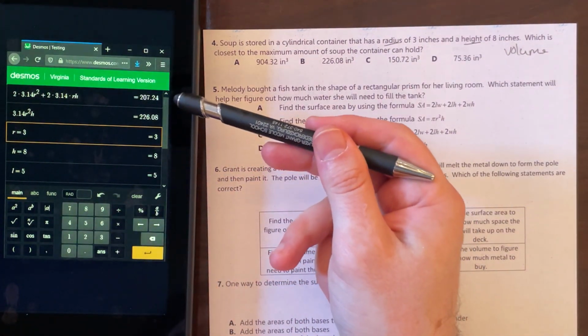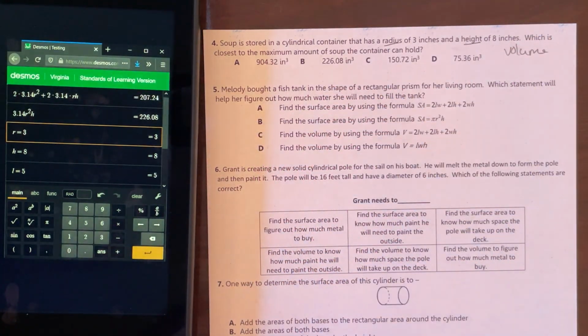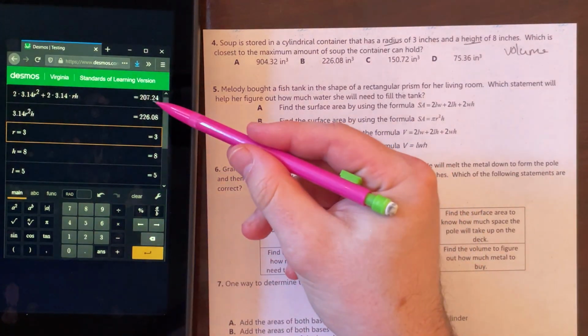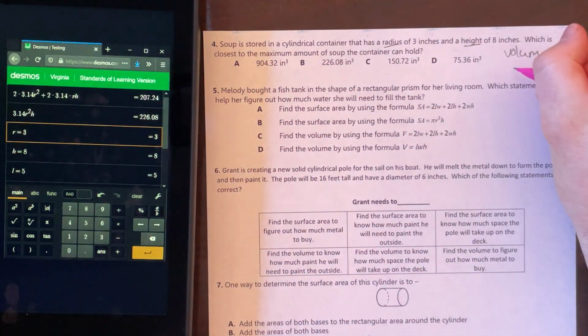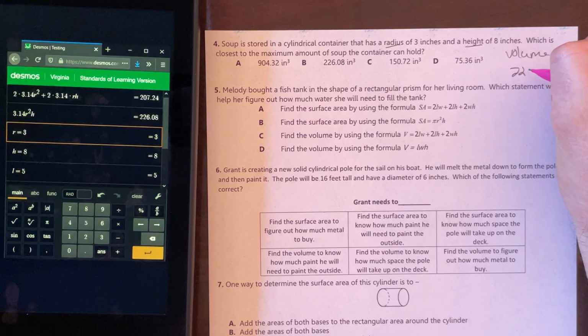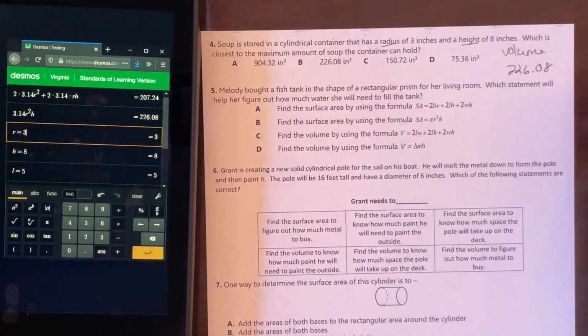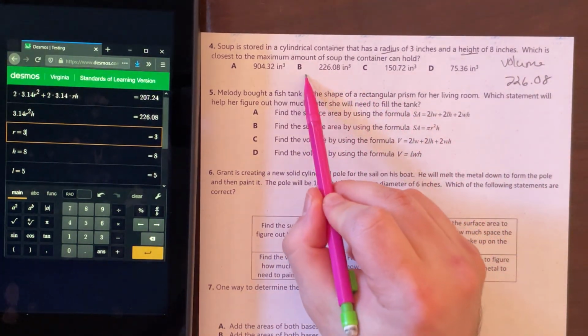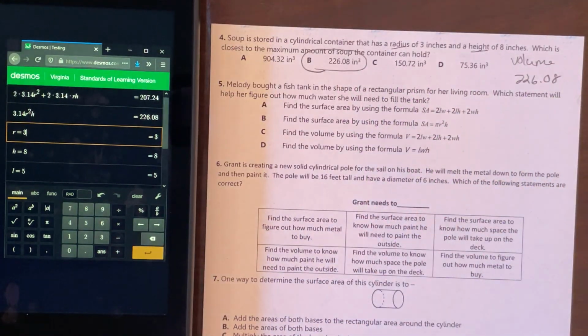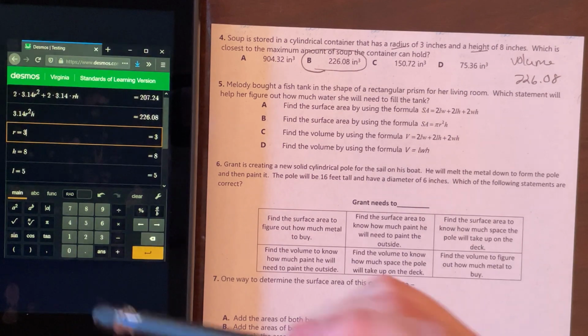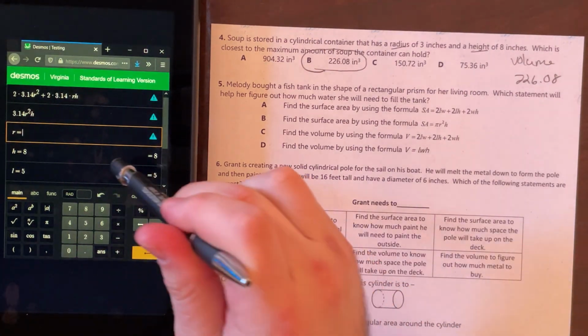Again, if I'm saving those in there, I like to be mindful of which ones are which. So I'm saying that this is my surface area, but this is my volume. So I'm saying my volume for this is 226.08. So I'd say 226.08 for my volume. For number 5, it says Melly bought a fish tank that is the shape of a